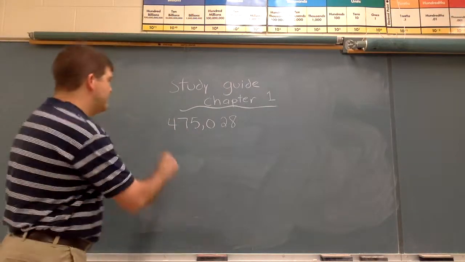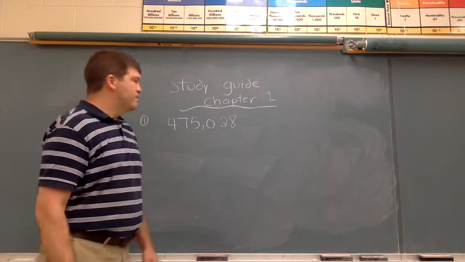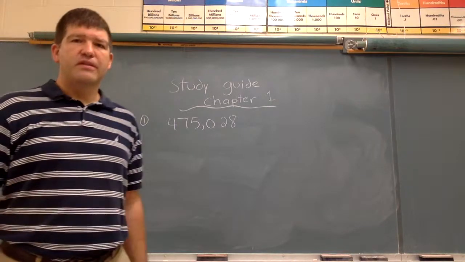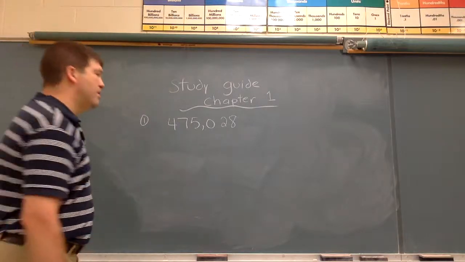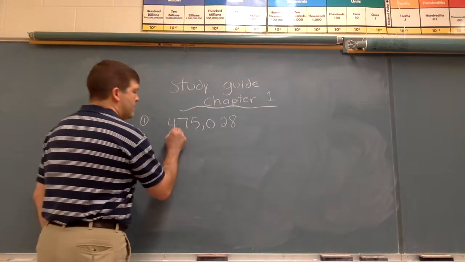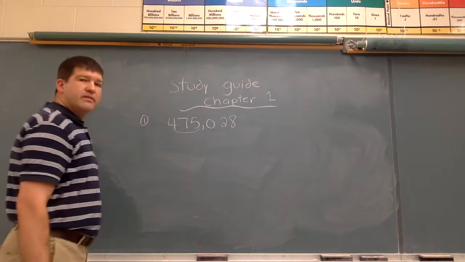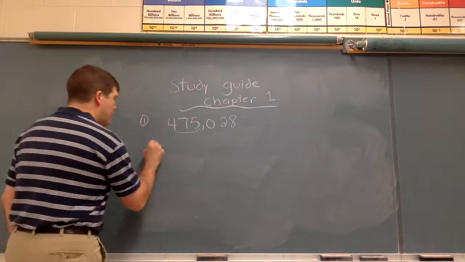So, on the study guide, the first problem was 475,028, and it said put that in word form. Word form. So, I'm going to take little groups at a time. So I take that first group, 400,